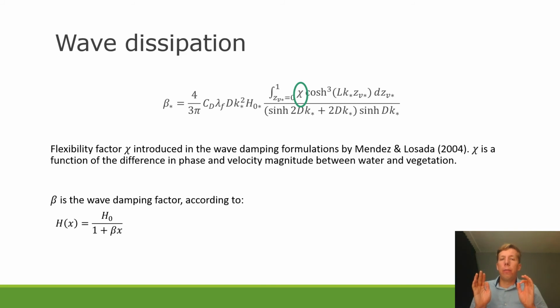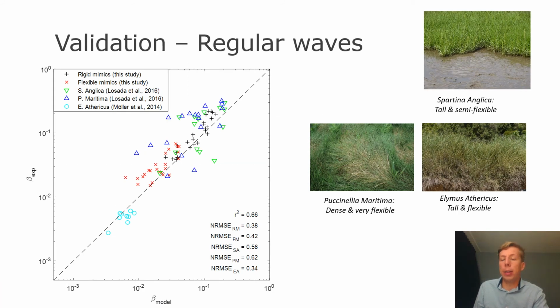And this flexibility factor G is a simple function of the differences in phase and velocity magnitude between water and vegetation motion. And this leads to a wave damping factor beta, of which it is important that a higher beta means a higher wave damping. And this beta is also what we validated, of course, against our own experiments, but to really challenge ourselves